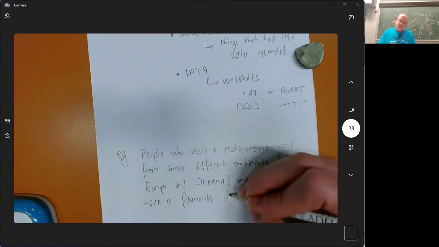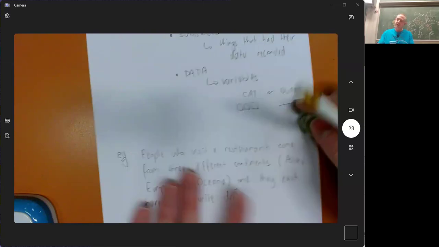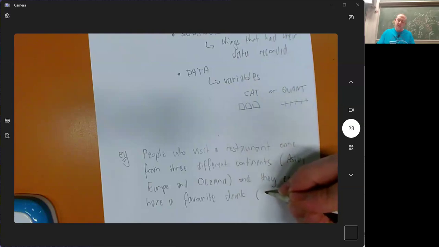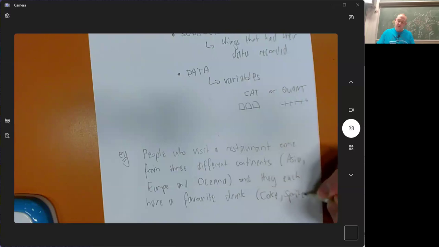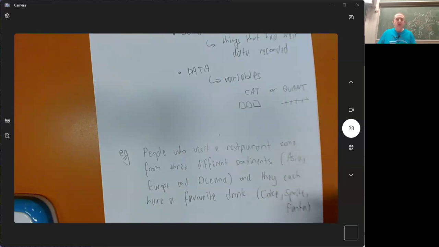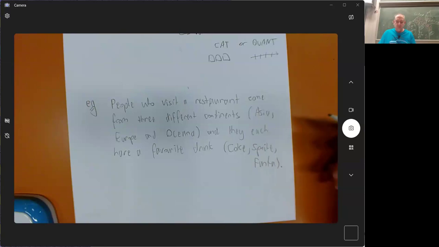And they each have a favorite drink. Is there going to be a drink? Sure, let it be a drink. And they're going to be soft drinks because I can't be bothered. Coke, Sprite, Fanta. It's one of those restaurants that does Coke brands. And so